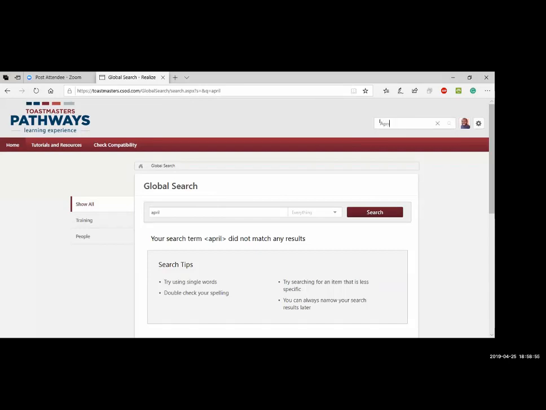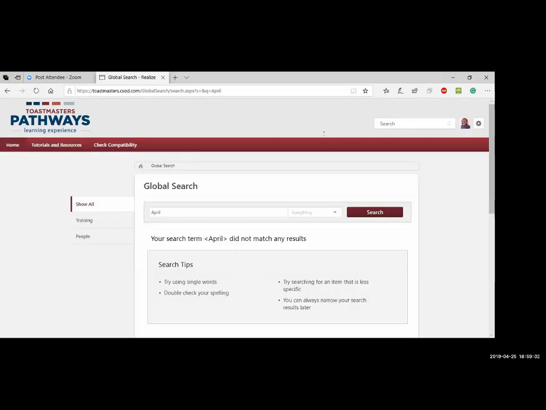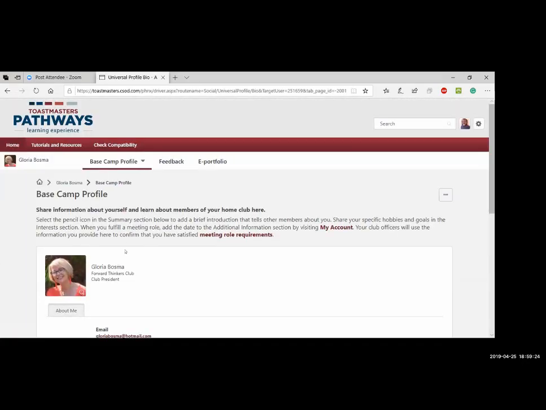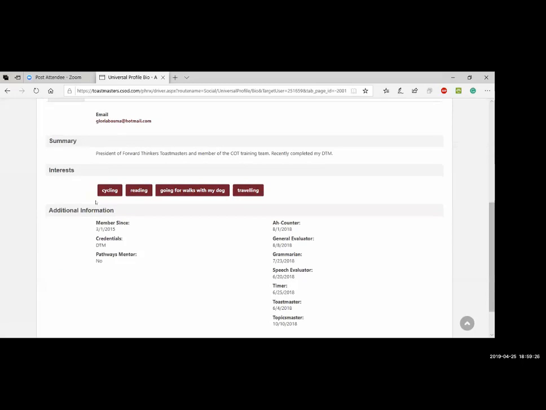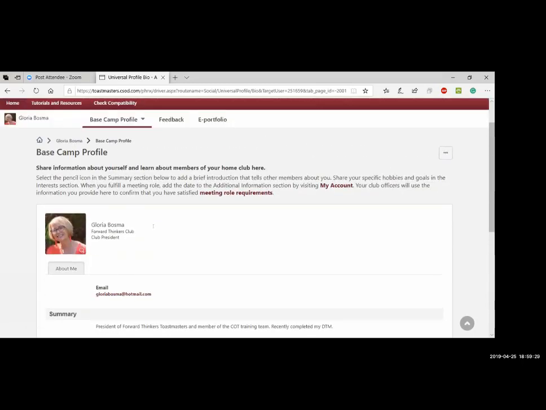Let's try with a capital. Oh, I know what's going on. I'm not logged in with the club where she is, and I'm with Forward Thinkers. Let's see who's from Forward Thinkers. Gloria. There you go. Gloria Bosma, and then from there I can see her profile, and I can send